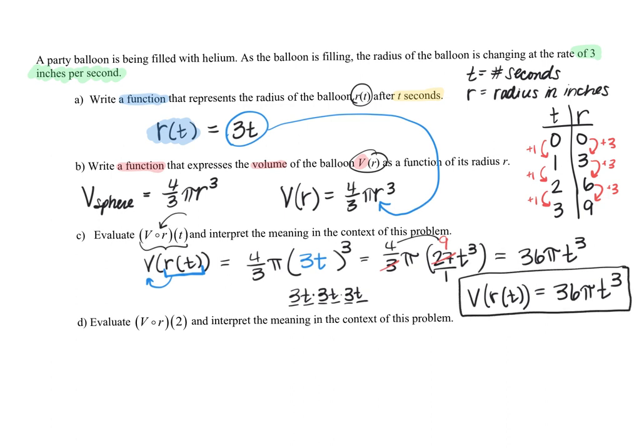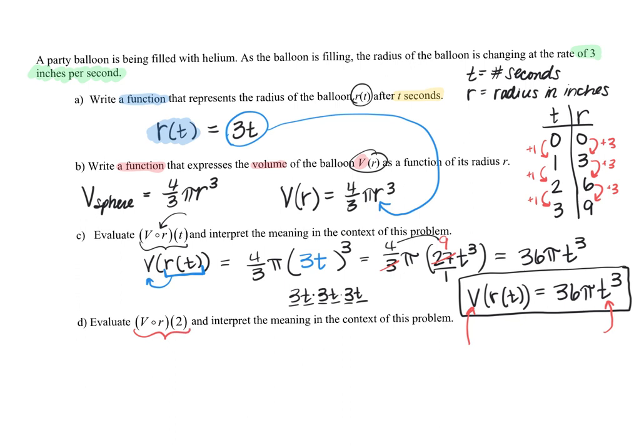Now, why is this such a nice equation? Well, think about what this allows you to compute. If we know the time that has elapsed, we can just plug in our time value, the number of seconds that we've been blowing up this balloon, and we'll immediately get out the volume, which is the amount of air in that balloon at any given time. So we don't have to take our number of seconds and first find the radius of the balloon, and then once I know the radius, find the volume. Instead of a 2-step process, it's a 1-step process,